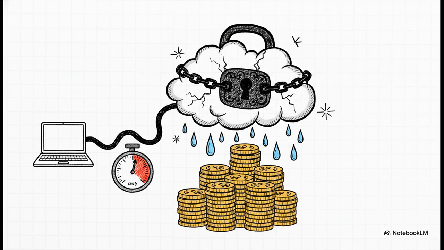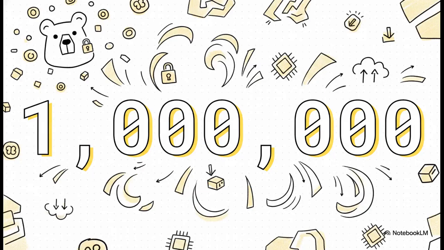I mean, the sources mentioned an engineer who accidentally racked up a staggering $23,000 bill just from API token usage. Yeah, 23 grand. Plus, shipping your proprietary company data off to a third-party server creates a massive privacy and security nightmare. The cloud paradigm is incredibly powerful, no doubt about it, but it's expensive and leaky. So how do we fight those massive costs and privacy risks? Well, the open source community is stepping up in a huge way.